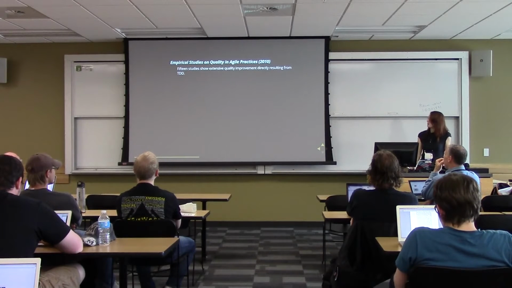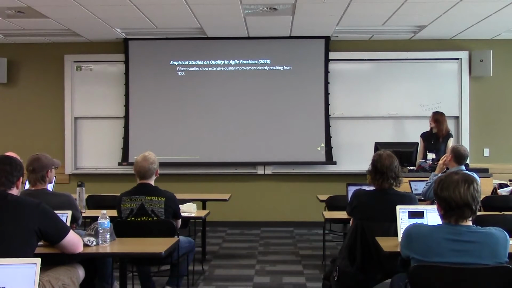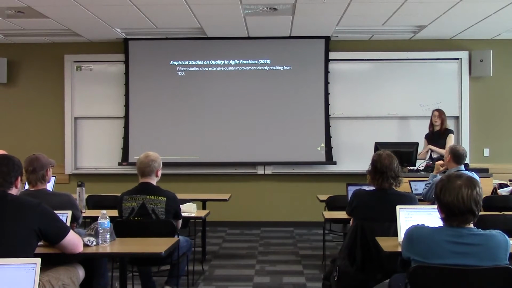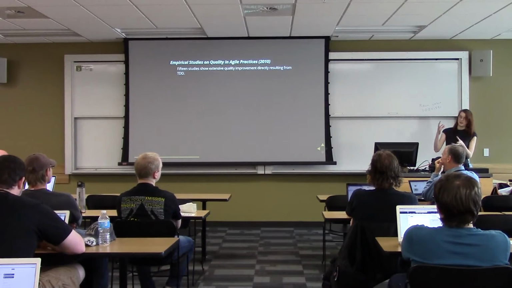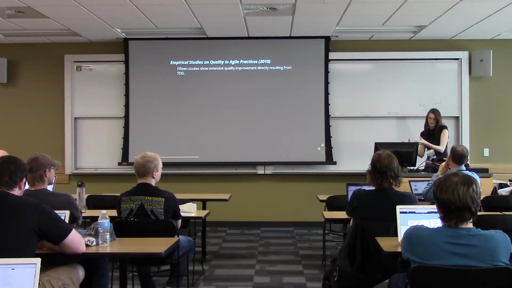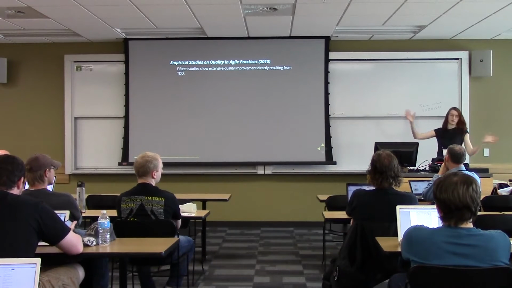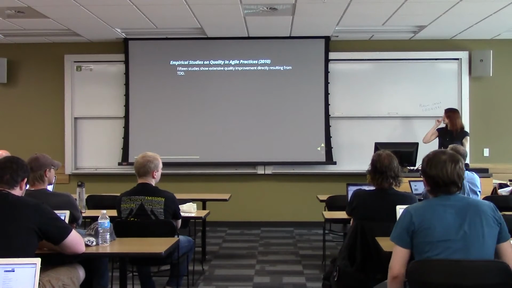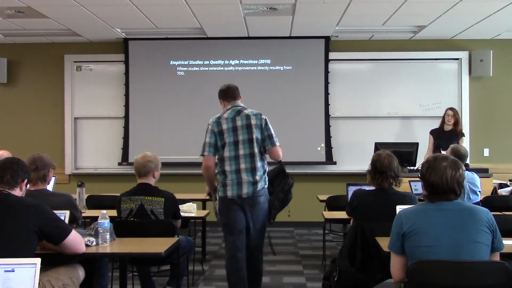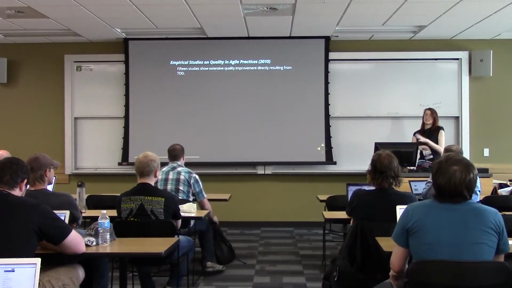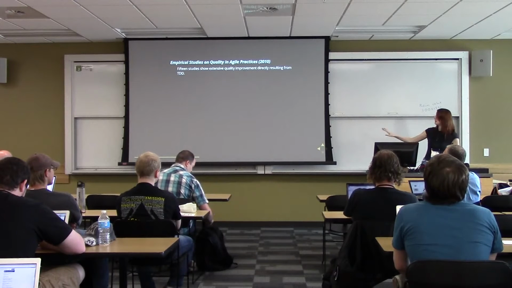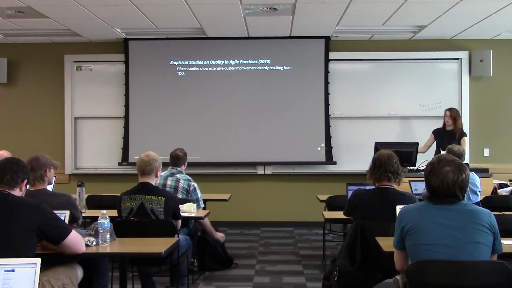So this is empirical. The name of this paper was Empirical Studies on Quality in Agile Practices. This was a survey of studies of Agile practices. So a lot of individual studies on just TDD or just Scrum or just XP or something like that. They did a huge survey of all of them. 15 of them, which is basically all of them that touched testing, showed extensive quality improvements directly resulting from TDD specifically. If you're not on the TDD bandwagon, that's fine. I'm not really that much either. But just adding TDD to these projects improved the quality of the code.